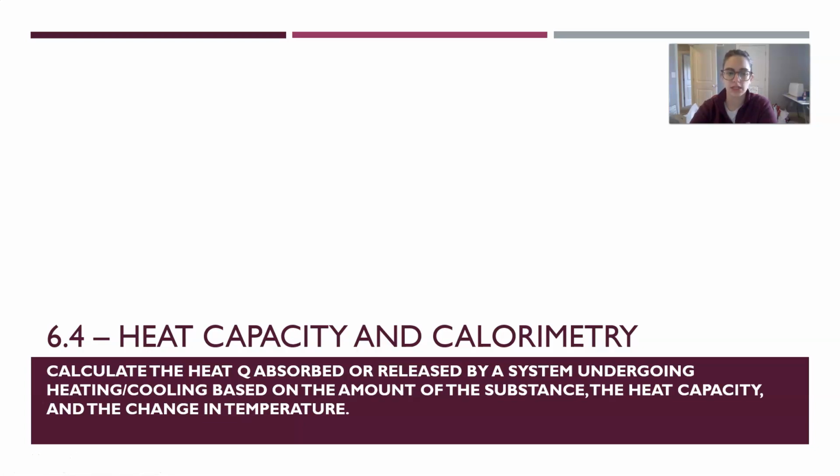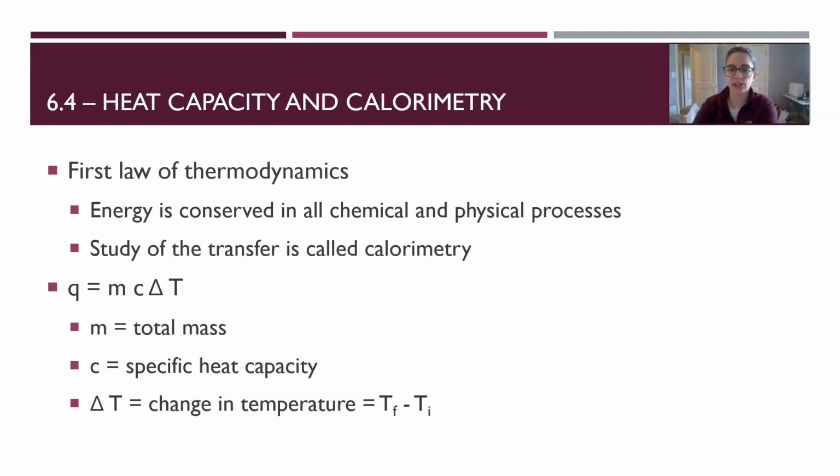This video is for topic 6.4, heat capacity and calorimetry. The objective for this topic is to calculate the heat, Q, absorbed or released by a system undergoing heating and cooling based on the amount of substance, the heat capacity, and the change in temperature. So this is where we're actually going to start calculating the amount of heat or energy that goes in or